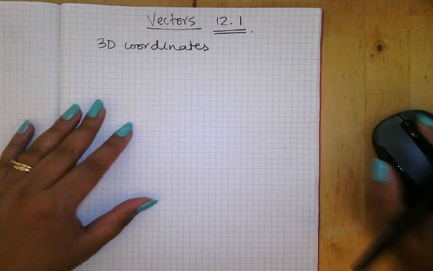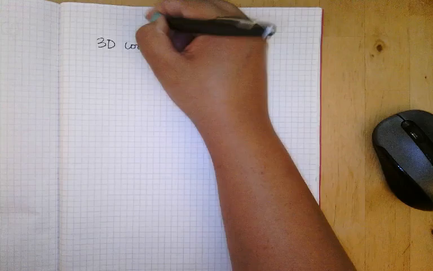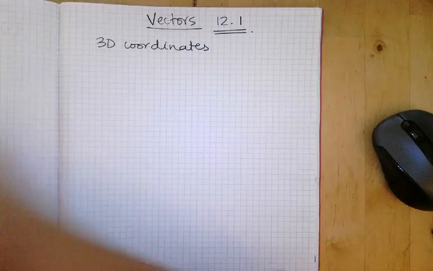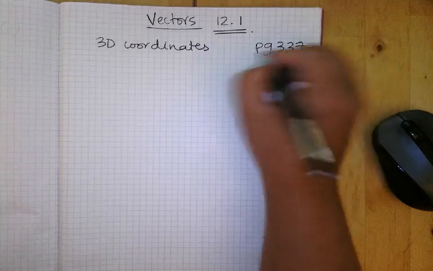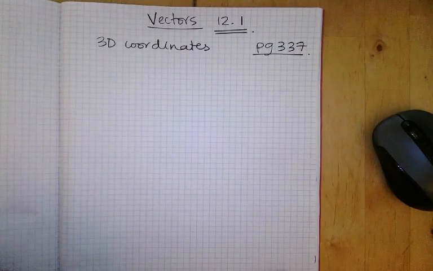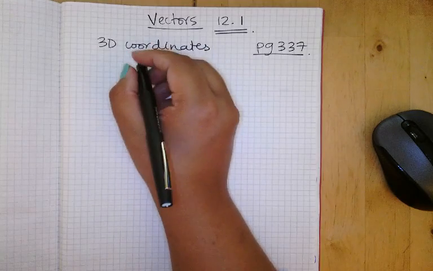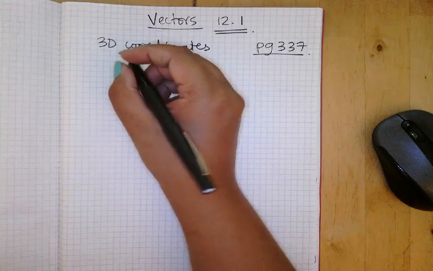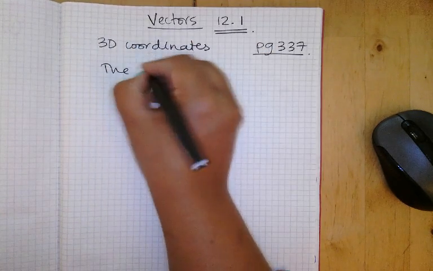So we are going to start 12.1, which is a vectors chapter, and the first section is on page 337. And the first thing that they want you to learn is how to find the distance of a 3D coordinate from its origin. So the distance